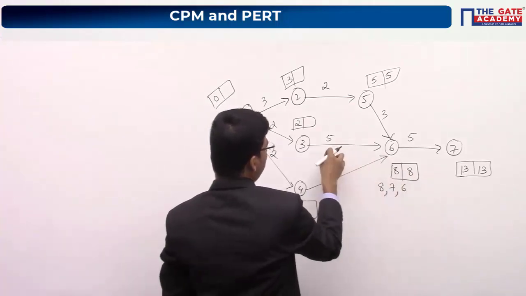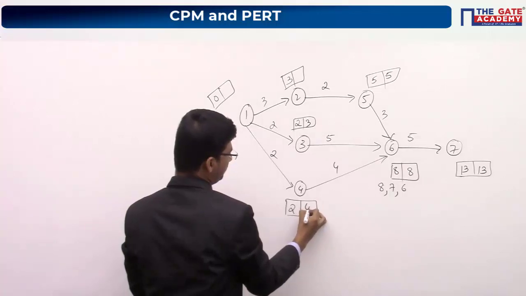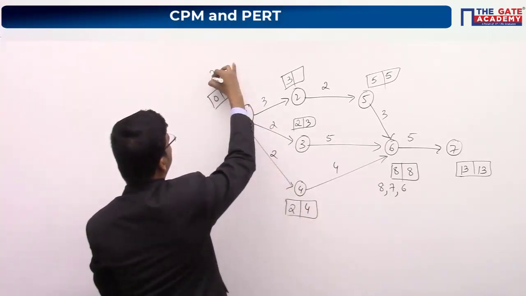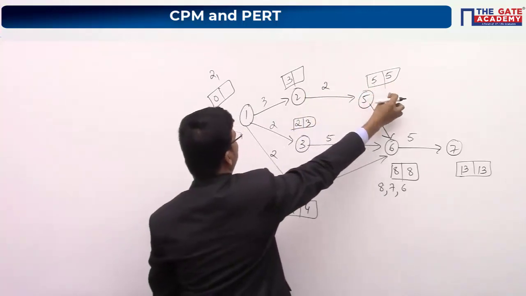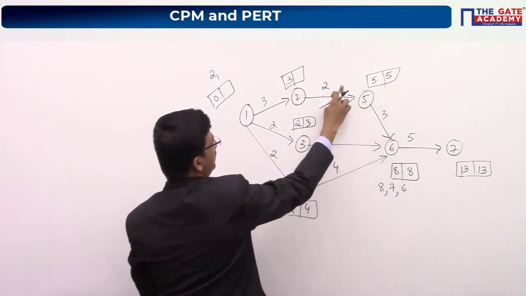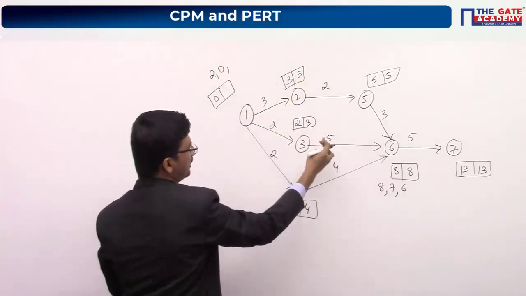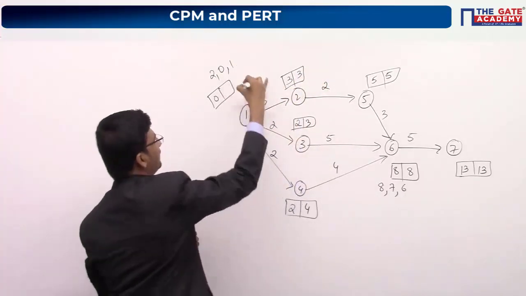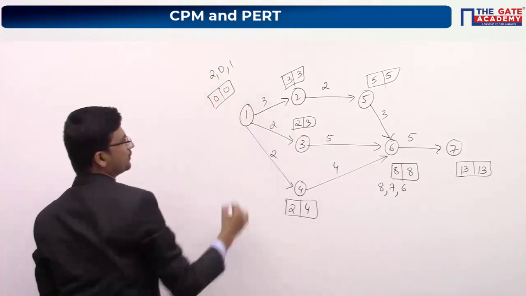And 8 minus 5 it will be 3. 8 minus 4 it is 4. 4 minus 2 you can write 2 here or else. Okay, so here we have missed 5 minus 2. 5 minus 2 it will be 3. 3 minus 3 is 0, or else 3 minus 2 it will be 1. Okay. So among these minimum value is 0. You have to write 0 here.